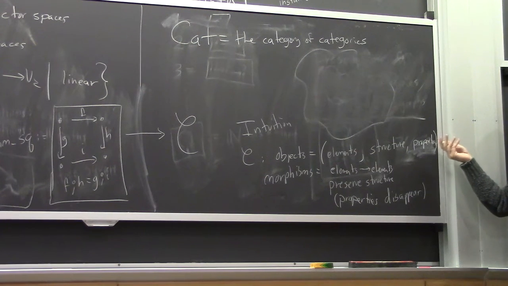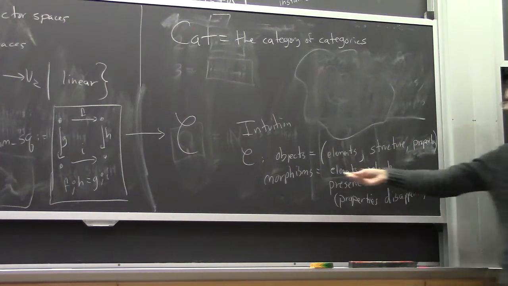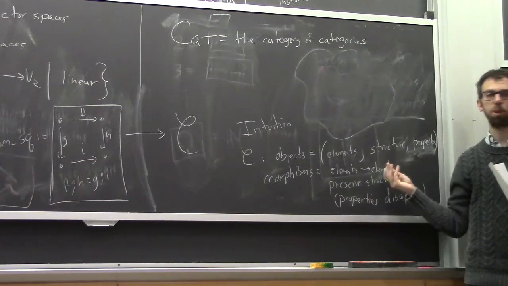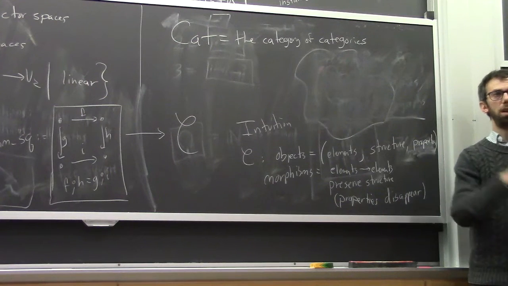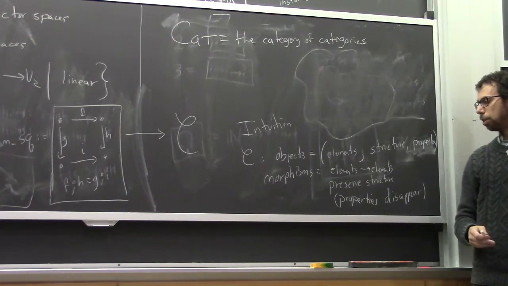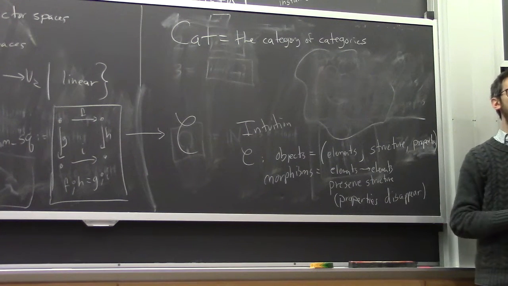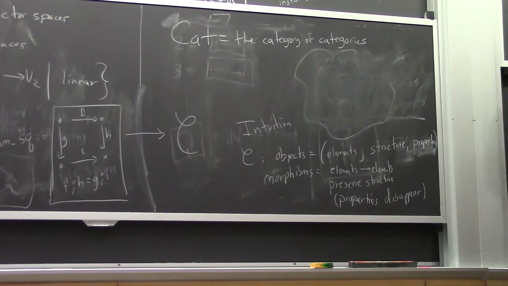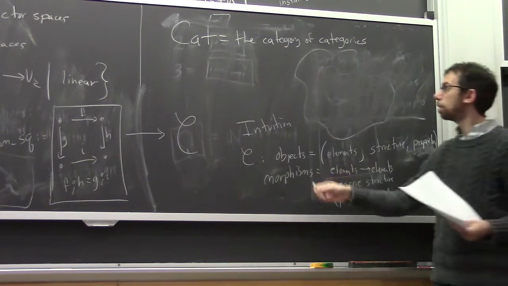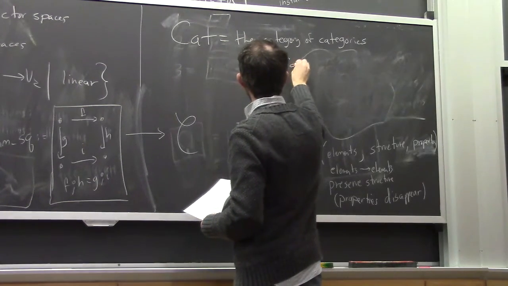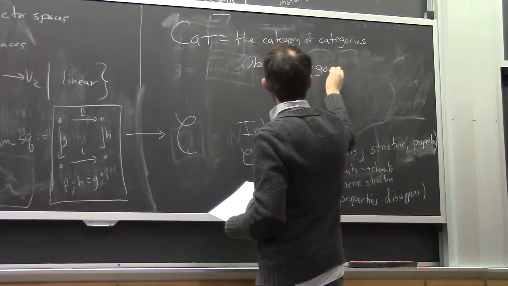And so that should give you a good guess for what the morphisms between two categories should be. They should send the elements of one category to the elements of the other, so they should send objects to objects and morphisms to morphisms. They should preserve the structures. They should preserve identities and composition, and we're going to forget about unitality and associativity as we look at the morphisms. So the objects are categories, and the morphisms,